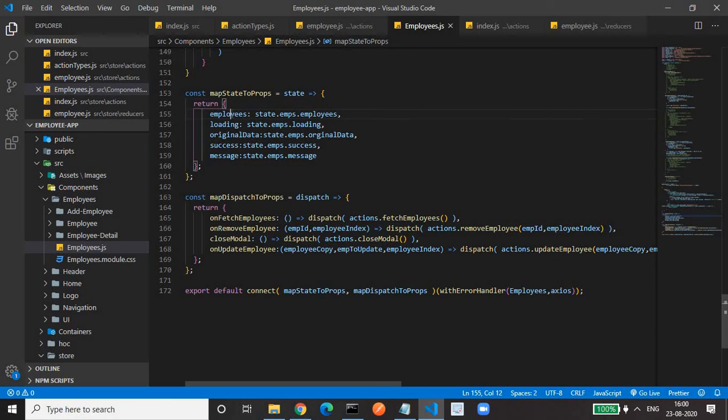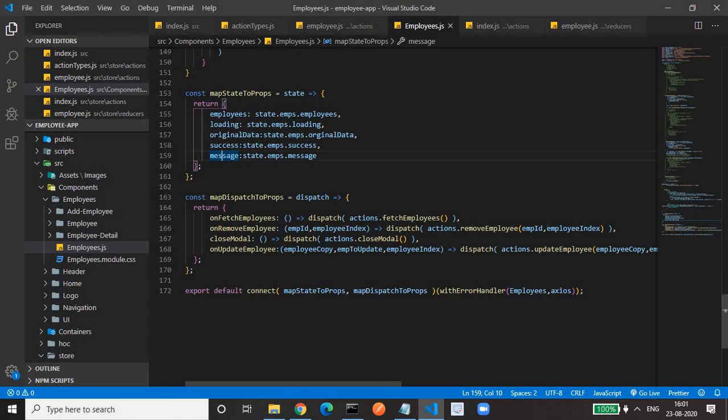We need the employee state, the loading state for the loader, the original data, then the success flag if it is deleted or updated, for showing the dialog box. If success is true, the dialog box is shown. If success is false, the dialog box disappears. Then the message for showing the success message or failed message. These are the data that we need, and we are mapping this data to the props.